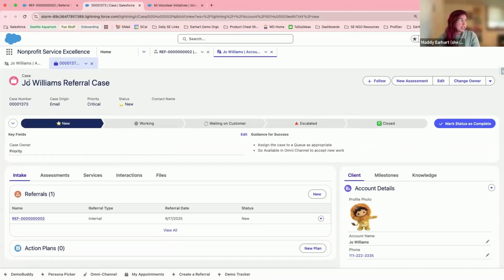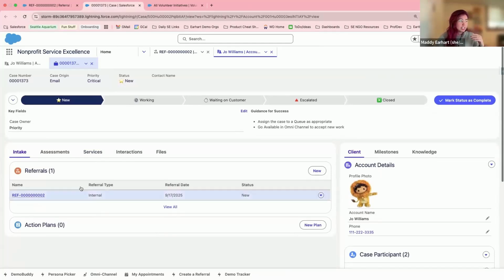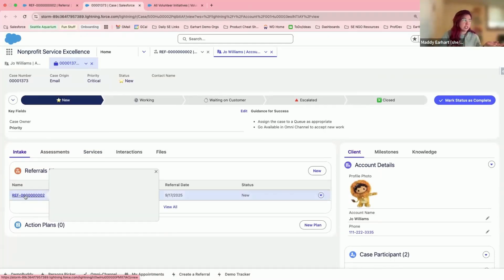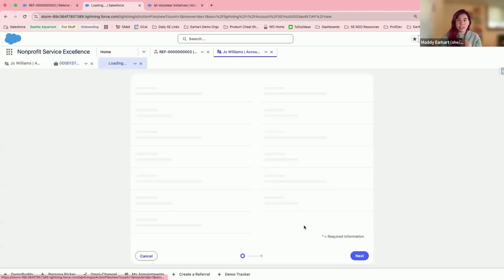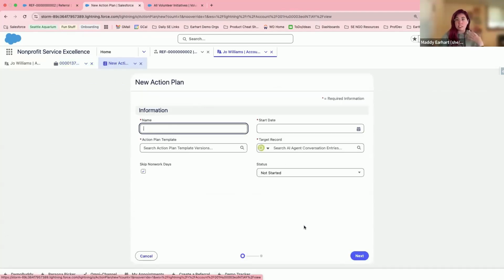In this case that's been created, again, we already know it's Joe. We can see the referral here. So if I, as a case manager, ever need to go back and see that original information, that's already linked. Now I can add what's called an action plan. An action plan in Nonprofit Cloud is a way to add a bundle of tasks or information we need to a client. And this is really nice because it means that I can have a standardized way of working. So that's going to help me with training new staff. That's going to help me with standardizing workflows across my various case managers. But I can also make it customizable because I, as a case manager, have my own judgments about what this specific client